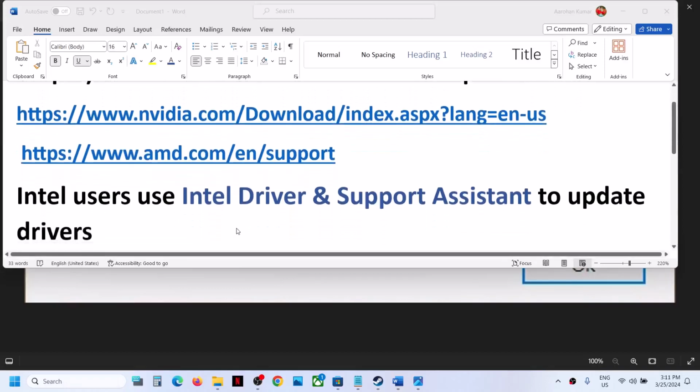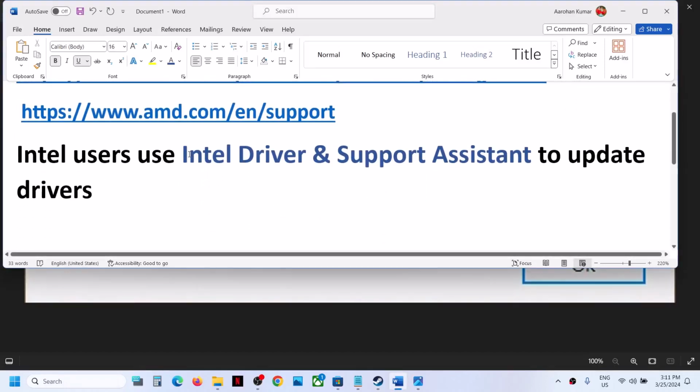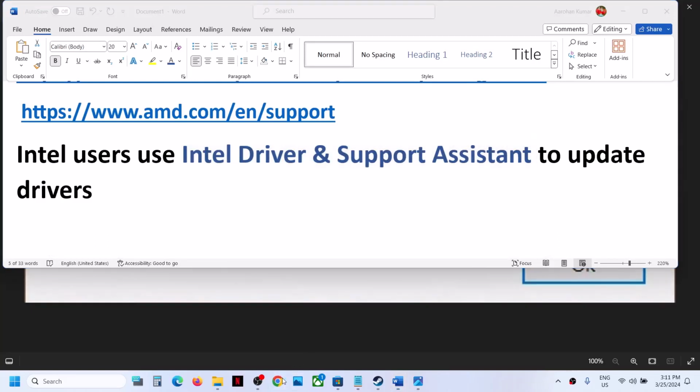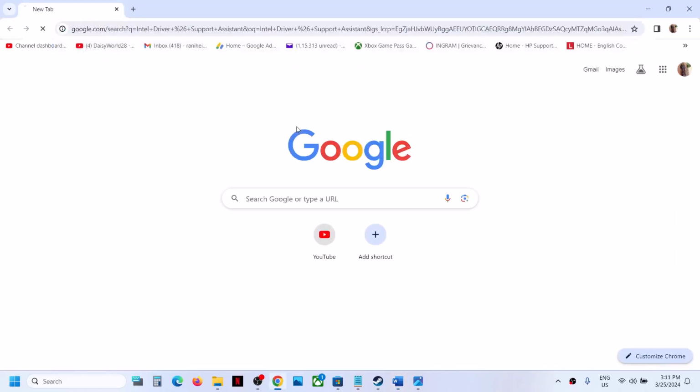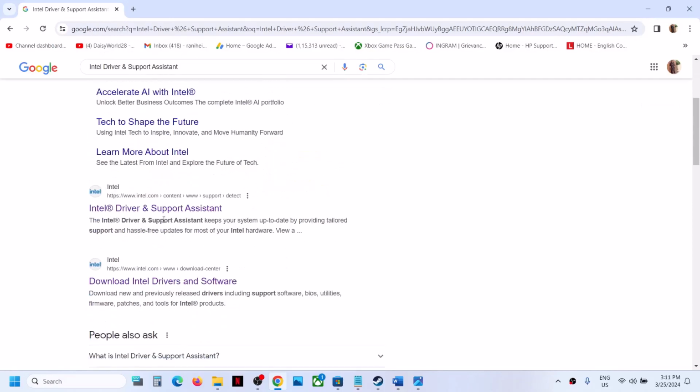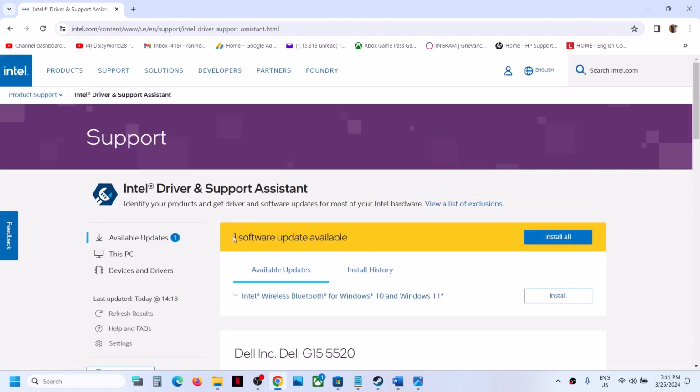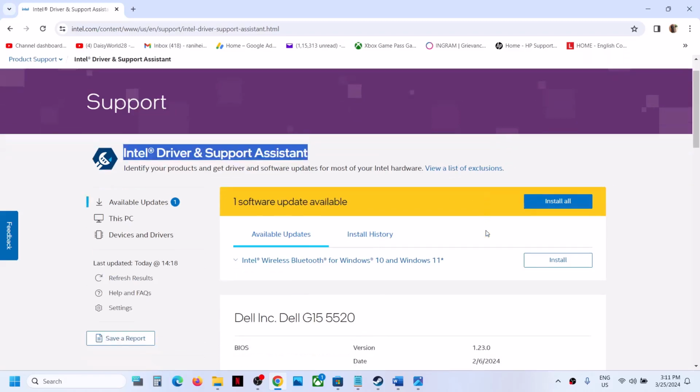Now Intel users can use Intel Driver and Support Assistant to update the drivers. Now for this, in Google search, you can just type in Intel Driver and Support Assistant and then go to the Intel Driver and Support Assistant website. You will see the download option. So click on download, and once the download is complete, run this exe file and install Intel Driver and Support Assistant, and then you will see the launch option,